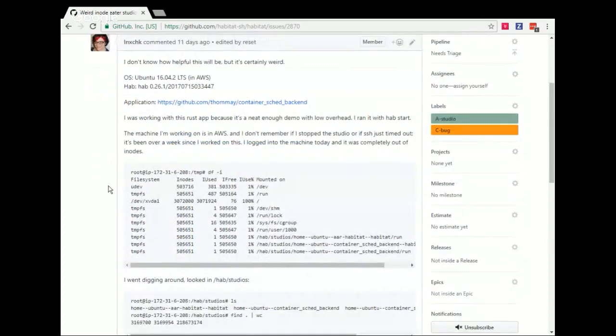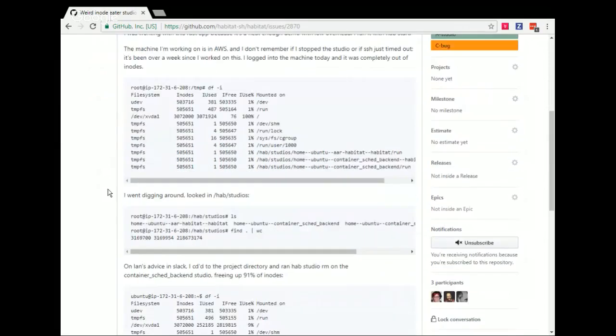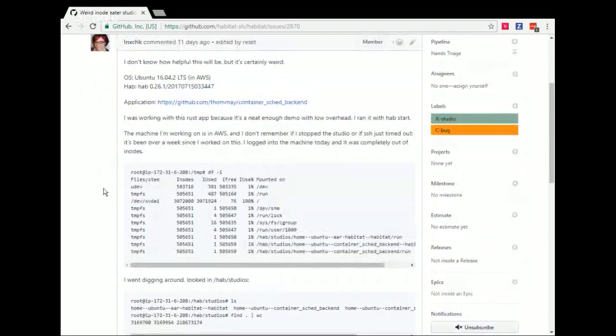So I'll give everybody a second to read this one. This is definitely a bug that we're going to have to fix, assuming that we can figure out what actually causes it. And I would guess that maybe Fletcher might have an idea on this one. That being said, we do have a workaround right now for this, which is if you are on Linux, you're no longer obligated to use the chroot environment. So if this is something that you are seeing, any information you can add to the ticket would be great.